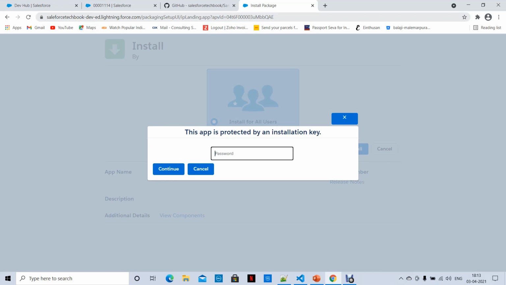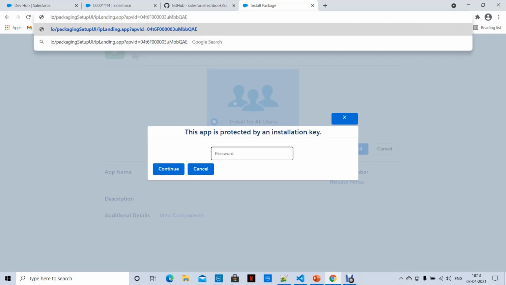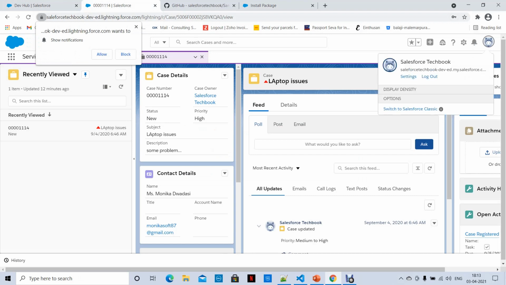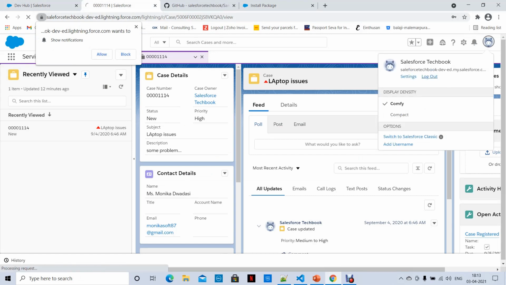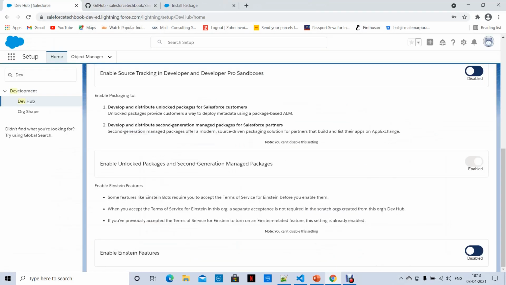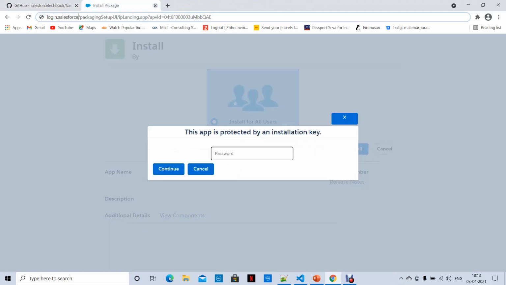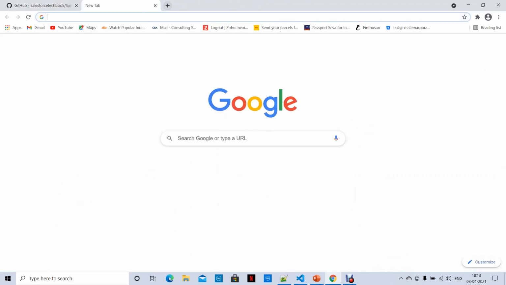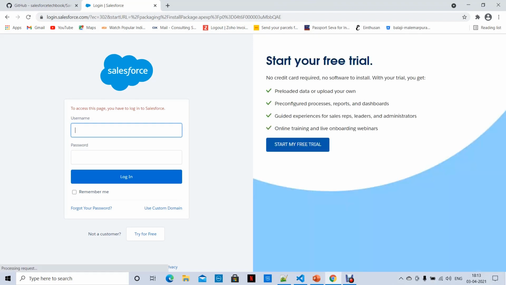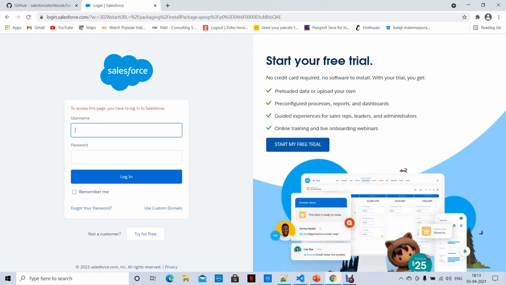But it is showing a Salesforce textbook, right? But I want to install in a separate login. You can change this. Otherwise, let's close our Salesforce textbook simply. We don't need this now. Now, let's close this also. Again, let's make it. Now it is asking for logins, right?